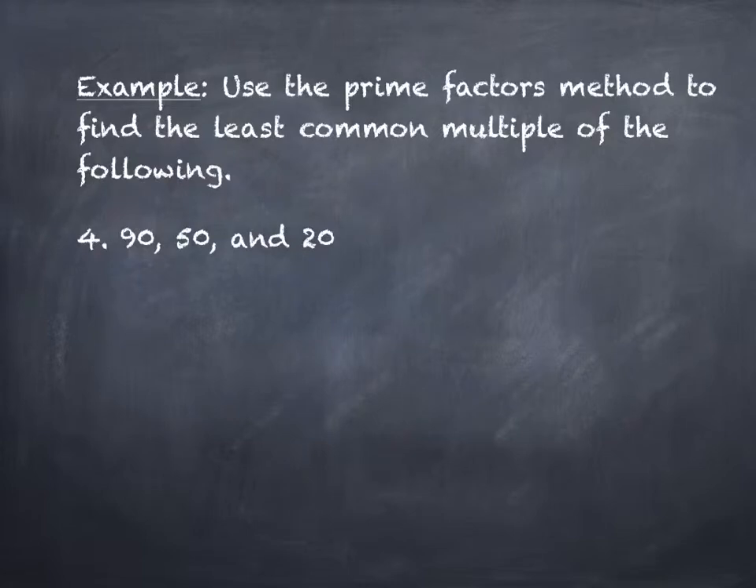We have three numbers, 90, 50, and 20. And we can use two numbers as easily as three numbers. It doesn't matter how many numbers we have; the process is the same. What we're going to do is find their factorization. So least common multiple, greatest common factor, you find factors. I'm going to do this with the prime factorization method, which means I find each one of these